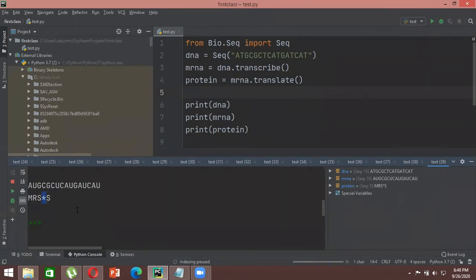So minimum 3 चाहिए होता है. But why 3? That's my question. Why did people stick with 3 bases in a codon? Why can't we construct a codon which consists of 4 bases? Why only 3 bases together constitute one codon? Why not 4? That's what I want to know. 3 ही क्यों? 4 क्यों नहीं?